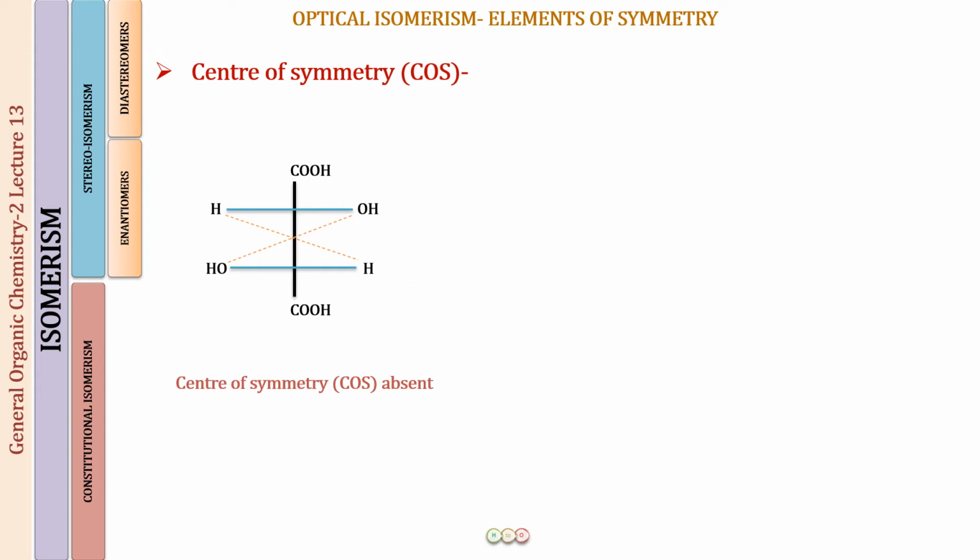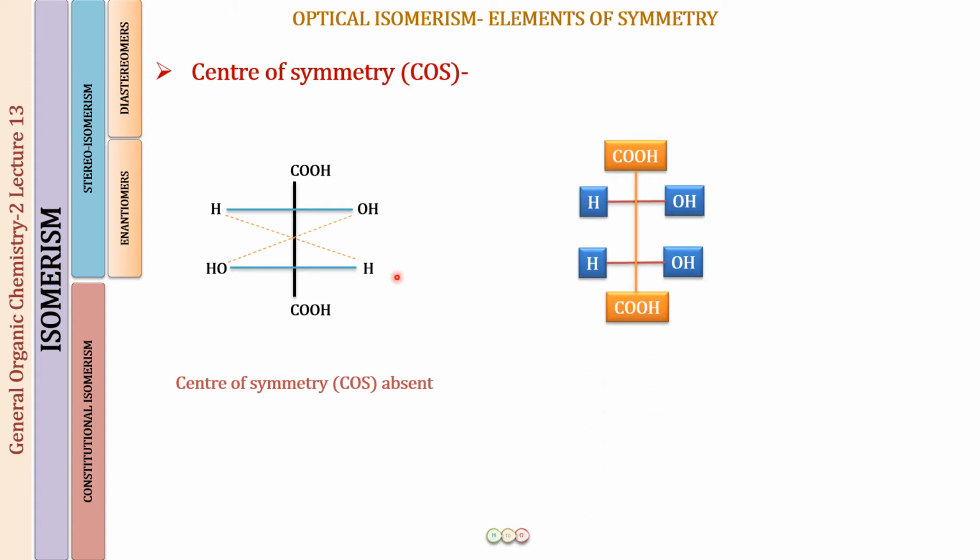Now I want you to look at one more compound, because I will be showing you the models for both of them together. And the other compound is this one. What is the IUPAC name for this compound? Carbon number 1, 2, 3, 4, a COOH on each end. So this is going to be butane-1,4-dioic acid, and it has a 2 and a 3 OH group, so it is going to be 2,3-dihydroxybutane-1,4-dioic acid.